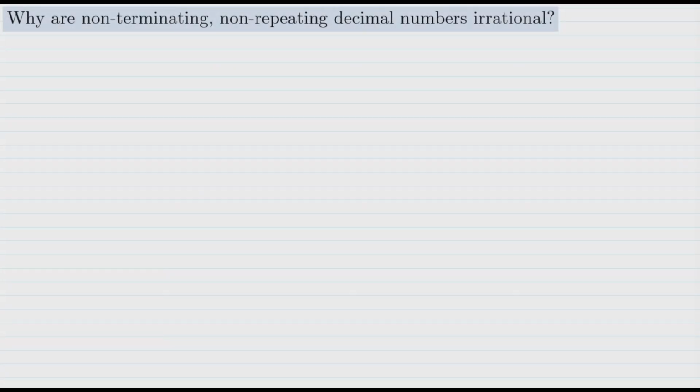The big question that we are going to address in this video is why are non-terminating, non-repeating decimal numbers irrational? And to investigate this question, we're going to take a sort of reverse approach. That is, instead of taking a non-terminating, non-repeating decimal number and showing that it has to be irrational, we are going to show that if you have a rational number that results in a non-terminating decimal, that decimal has to